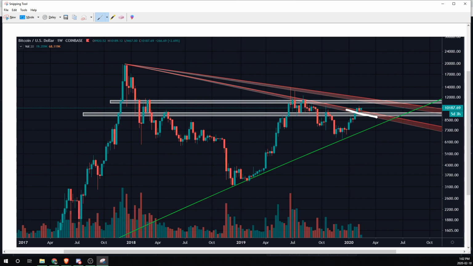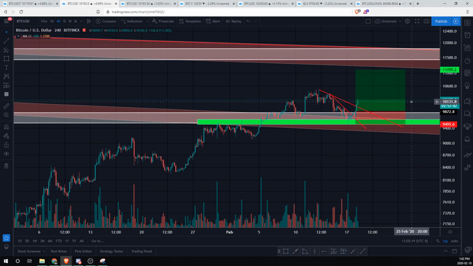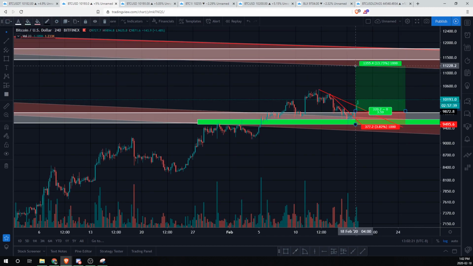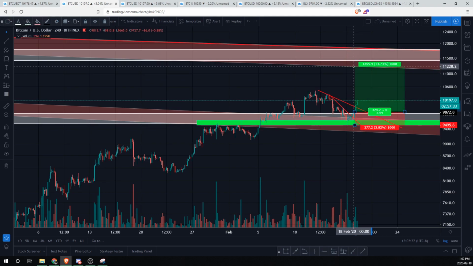So we just broke and retested this level of support right here, which is our first level of confluence. And then we have our next one that we just talked about, 11.5 to 12K. And I think that we could just get that nice gap from zone to zone. That would be ideal. And on this 4-hour chart, it does look like a pretty possible situation for us to find ourselves in. Looking at risk rewards of 3-4-ish, I think would be pretty good